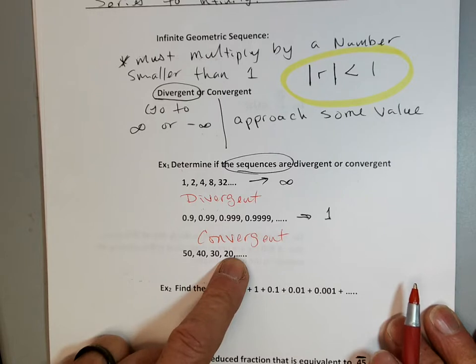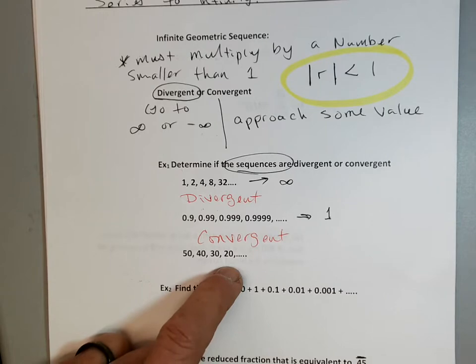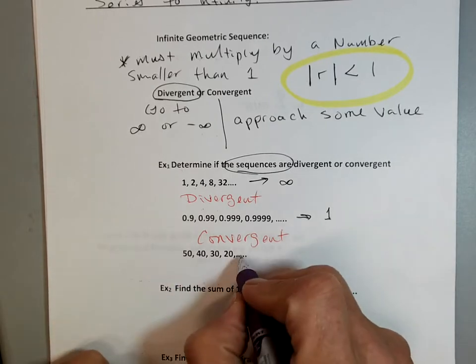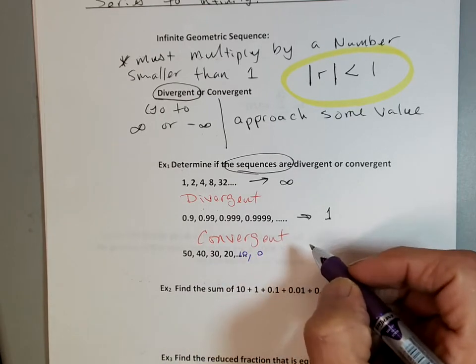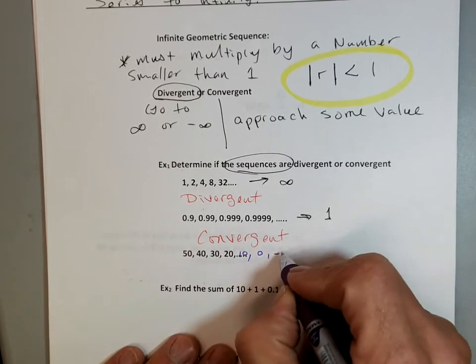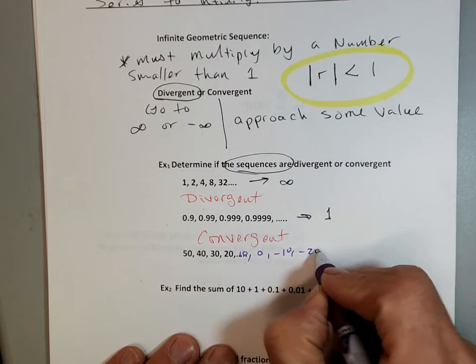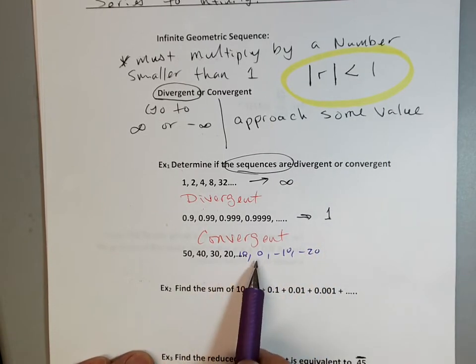Divergent. It is divergent. Now, why do you say that? Because it's going down. So what's the next number? 10. Negative. 0, yes. So then it starts going negative. You guys agree? So then it goes negative 10. Then what's the next one? Negative 20. So some kids think this one's getting closer and closer to 0, but the problem is you get